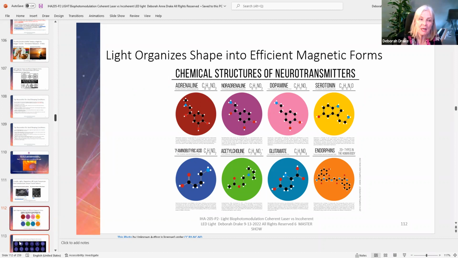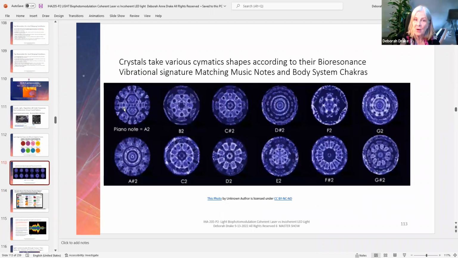Okay. And last week I told you that each note on the piano actually has a different vibration, as if it's talking to a whole different chakra, a whole different mineral. There are such distinctive shapes that they're similar but not exactly the same. And so with subtle changes of something going sharp or flat, from D to D sharp, that might indicate that the organ is normal in the D note, but in D sharp, maybe it's flat, maybe it's inflamed. And maybe if something's C minor or whatever, sharps and flats being used in this example, things can be inflamed.